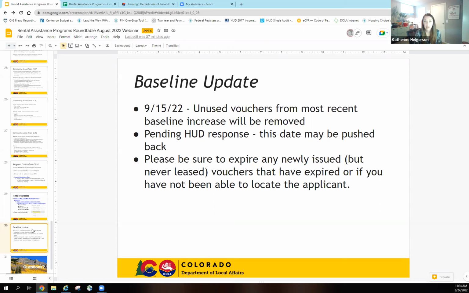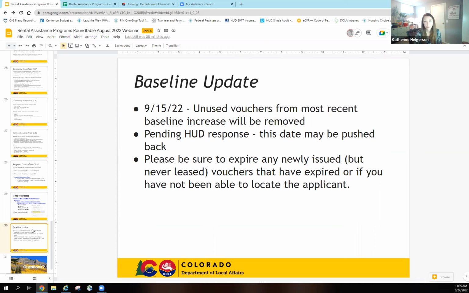That's in a week. I'm still waiting on some information back from HUD regarding our budget. And so I'm going to push that deadline to September 15th. So what I would encourage you to do is, if you have unused vouchers from the most recent baseline increase, and you can get that information from your SPOC if you're not sure what the most recent baseline increase numbers are, I would encourage you to pull those names from your waiting list and get those vouchers issued,